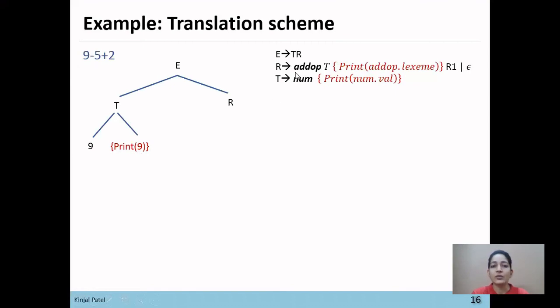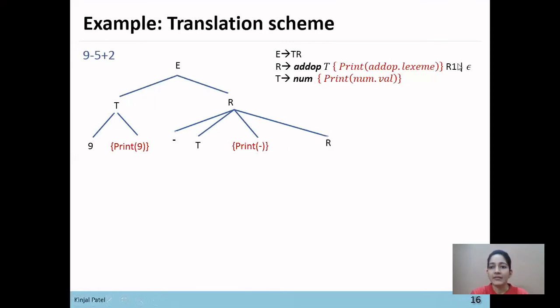Now next, R derives. Here is the rule of R: add operator. Here the operator is minus. So first the minus operator gets referenced, then T, then print minus and R1.